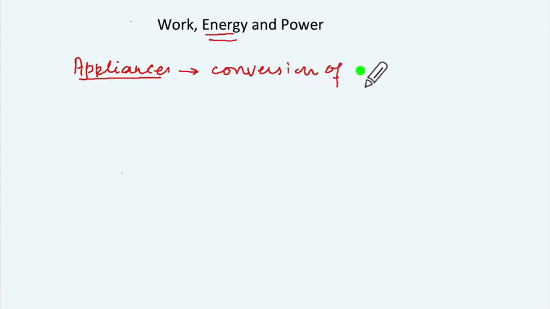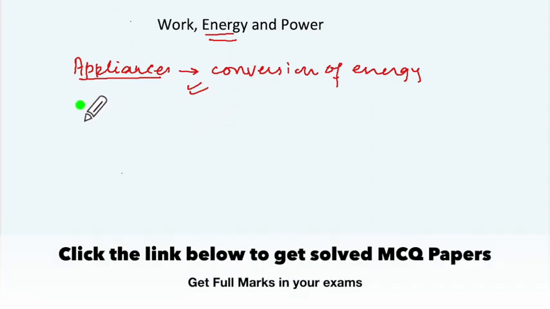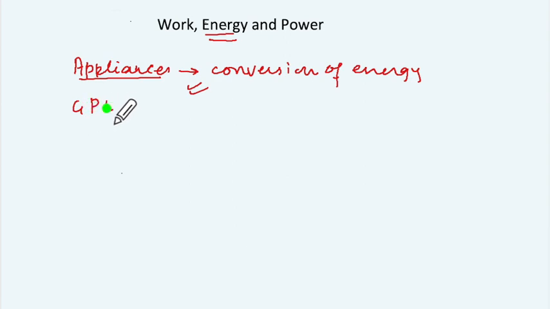Okay, next we come to the energy conversion, so different forms of energy. So you will have to go through all the appliances. Your textbook will have the list of appliances, and then we'll have the interconversion of energies, and that is important. They are good objective questions and good MCQs. Also know the difference between gravitational potential energy and the elastic potential energy, and how they are converted into kinetic energy before they are put to use.